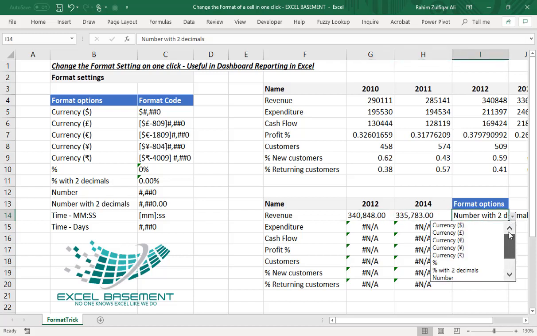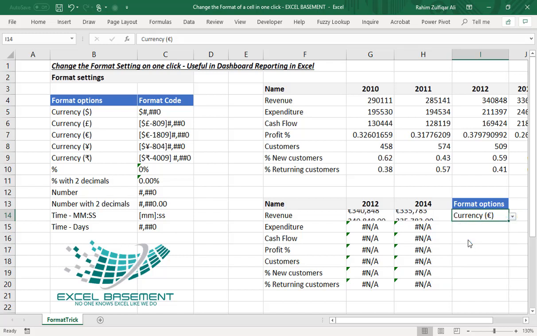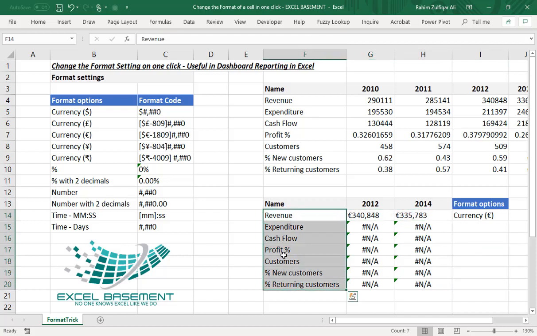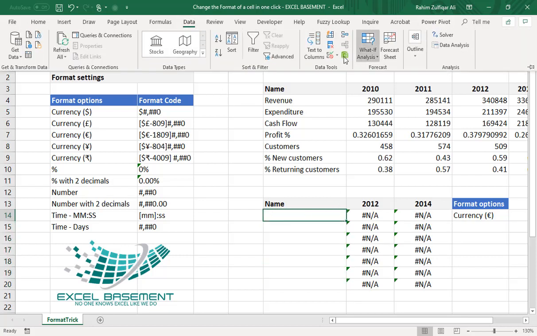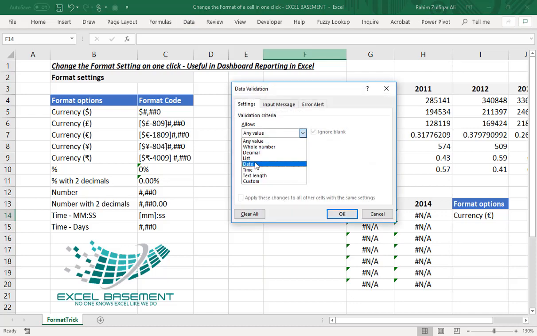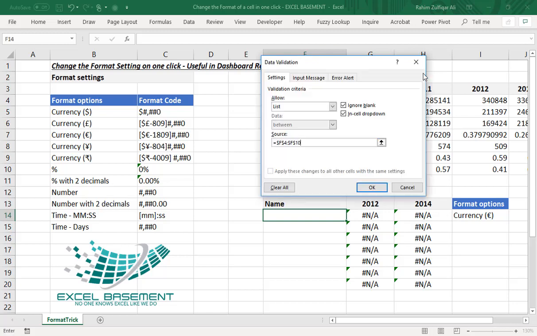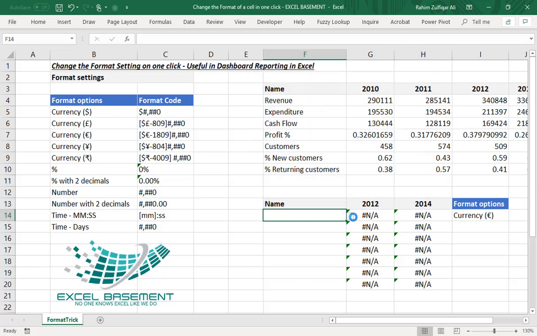And one more example is, if I want to see this with a different currency symbol, I will just click on that and it just changes. So now, for example, if I put these lists into a data validation, I go to data validation, list, and I will select the descriptions from here, and let's suppose I click on revenue, and I just copy and paste here.